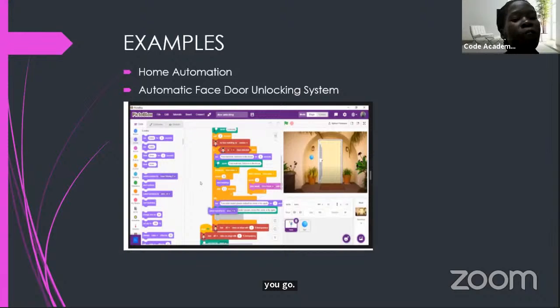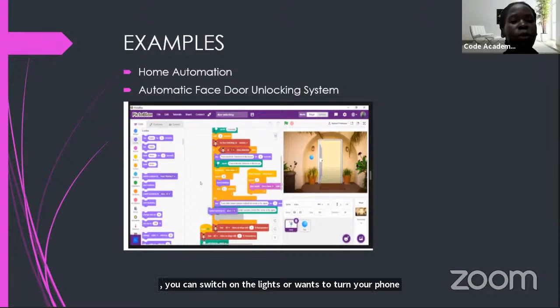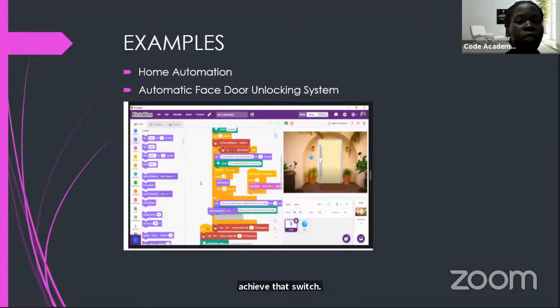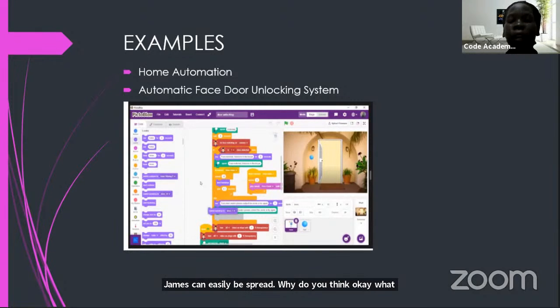Even if your family members come back and you want to switch on the lights, or switch on your fan, or play music, by touching the switch or the TV or the remote, you see germs can easily be spread. Why not think, okay, why don't I do a project where when I come, I just say lights on and they go on? Aren't you beating the pandemic? You get it? You are beating the pandemic.